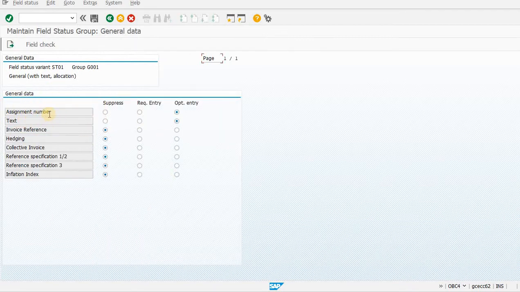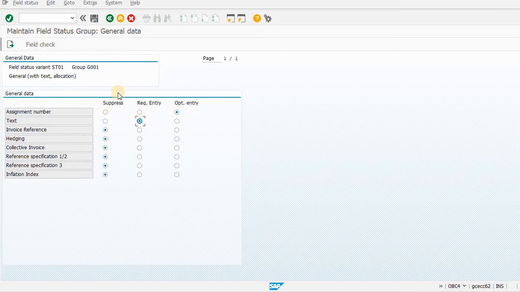Suppose assignment number: if you want to make it mandatory, click on required entry. Once you click on required entry, it becomes mandatory for the accounts assigned in the G001 group. Suppose I want to make tax mandatory, I can input required entry over here. This is an invoice reference which is suppressed, so a user is not able to see it.